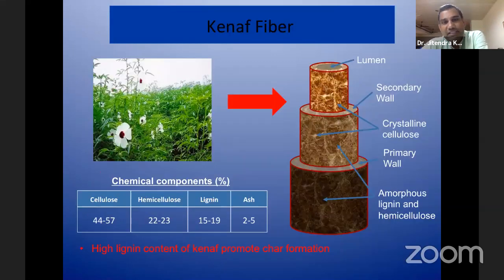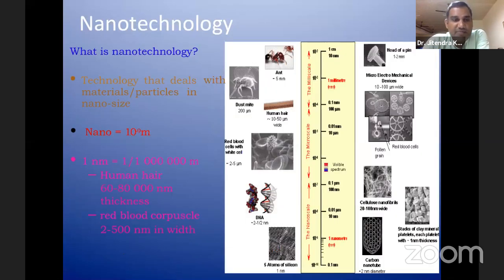So up till now, I showed you the different basics of composites, what a laminate and lamina are. Now we move to the next current trend in the market, which is nanocomposites. Before going to nanocomposites, I just want to define nanotechnology. Nanotechnology is just a scale, a technology which deals with materials or particles in nano size.